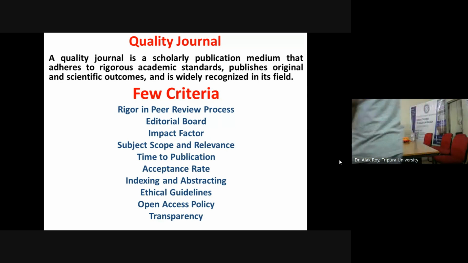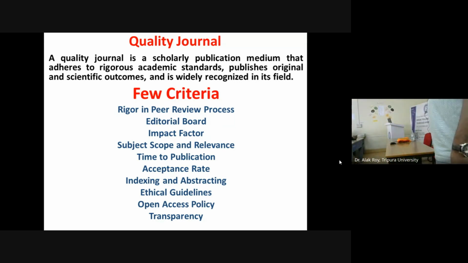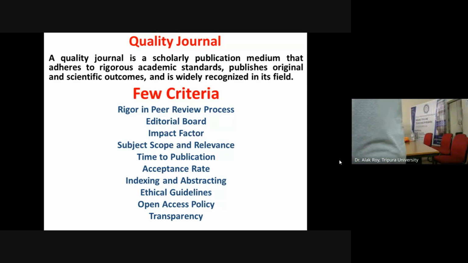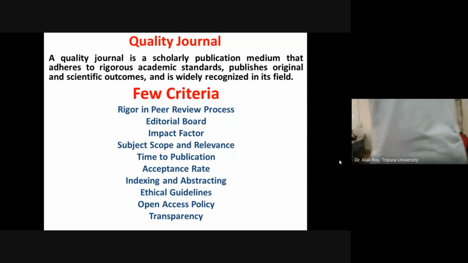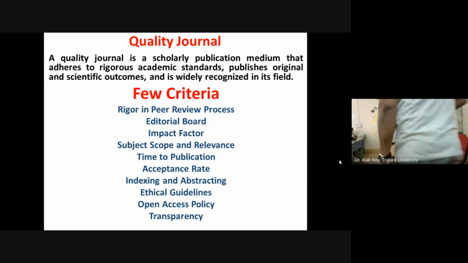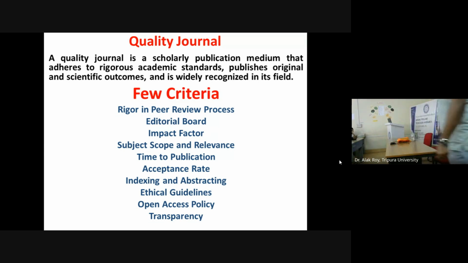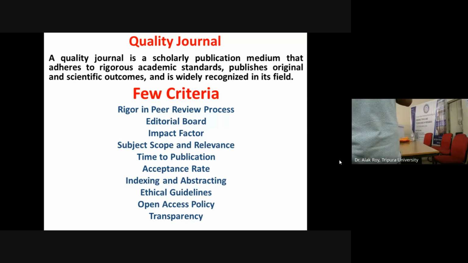You might have heard about IEEE in your context, in IT and all. And IEEE, I should not say all journals, but there are definitely some journals that have taken their shape and they are the journals. And your teachers and others are definitely going to tell you that. Like this, in our domain also, there are lots of journals which we dream of, so that we can publish one of our outcomes in those journals. A few criteria I have just mentioned might be the parameters to confirm the quality of a particular journal.